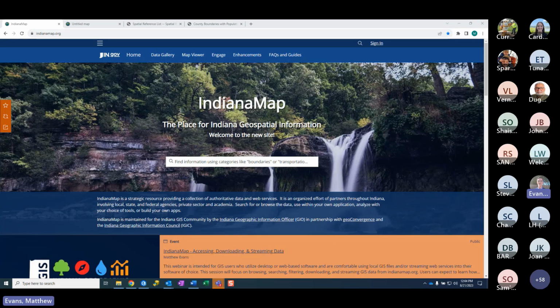I'll briefly go over the major topics of data sets that are remaining to be migrated, which are census population data, a series of historical census data, and a lot of that includes population data as well, historic legislative districts, both for the U.S. Senate and Congress and the Indiana General Assembly, historic land cover and crop cover data sets, as well as some